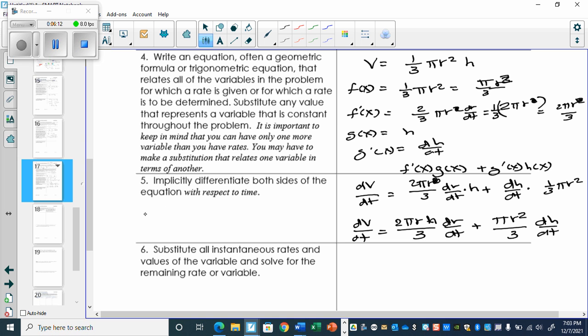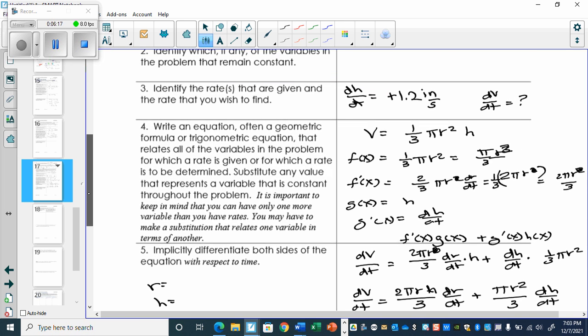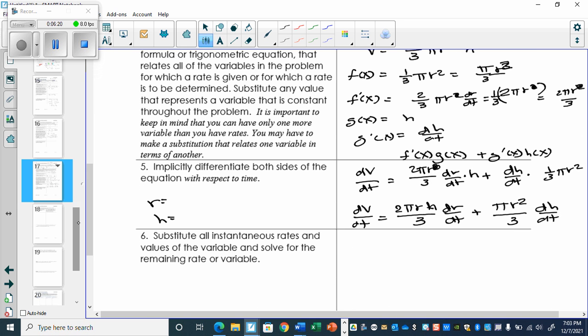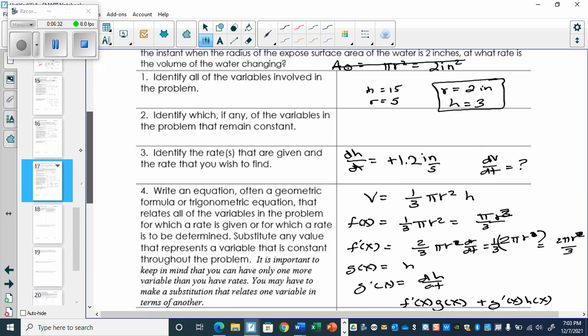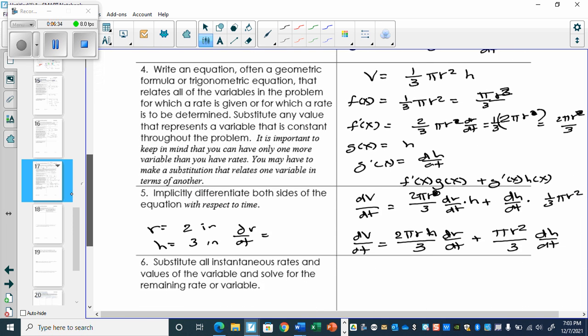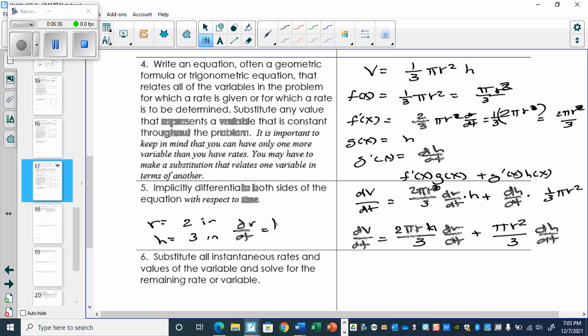So I have a radius and I have a height. I have a rate of change. Radius and height, 2 inches and 3 inches. dr/dt. Oh, dh/dt is 1.2 inches per second. And here's the conundrum, and this is why I did this separately, because people ask me,